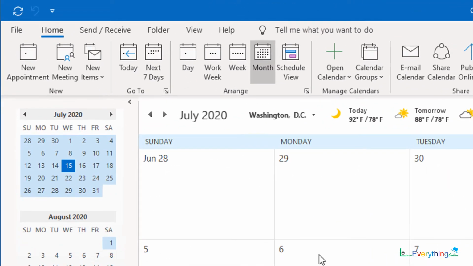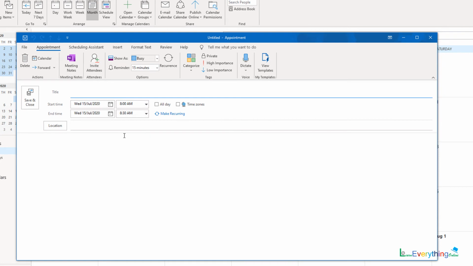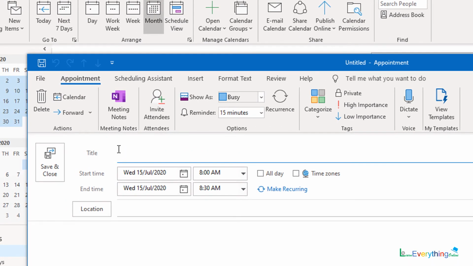And this is the calendar. Now let's see how to set an appointment. As you know, an appointment is always concerned with date and time, so it will always show me the start time and end time. Right now you don't have a start date and due date button, because, as I told you, this is a one-time activity and automatically it will get erased once the activity is done.